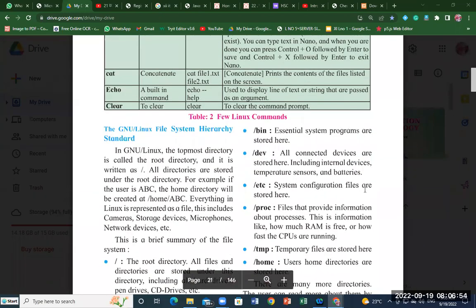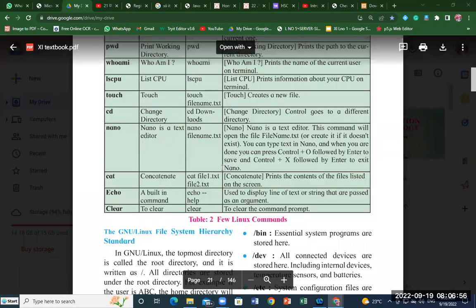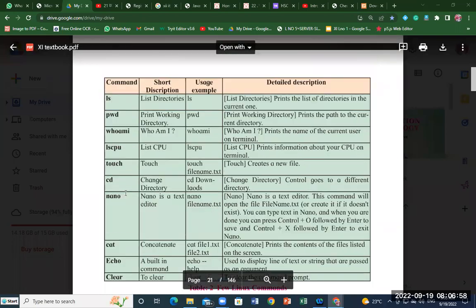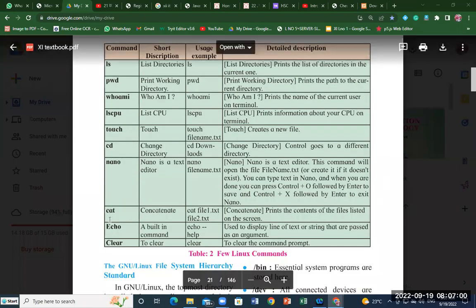Good morning, students. Last time we have done the commands till cat, right? Now today these two are remaining,